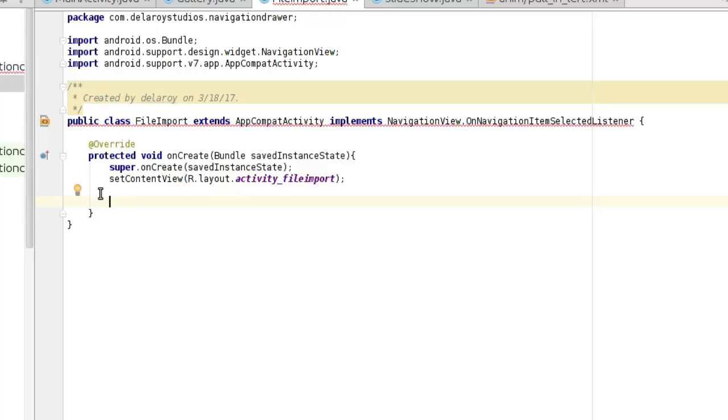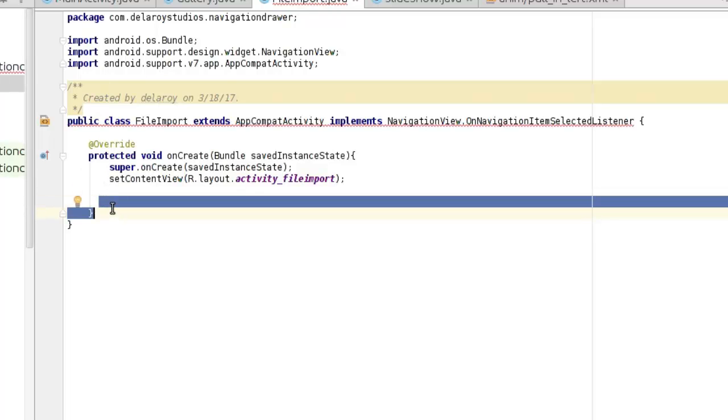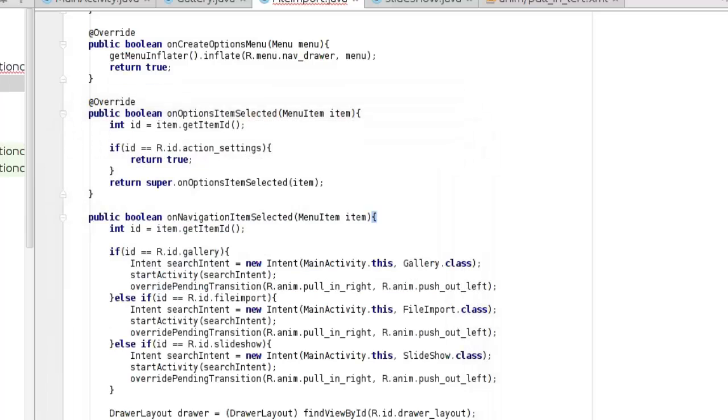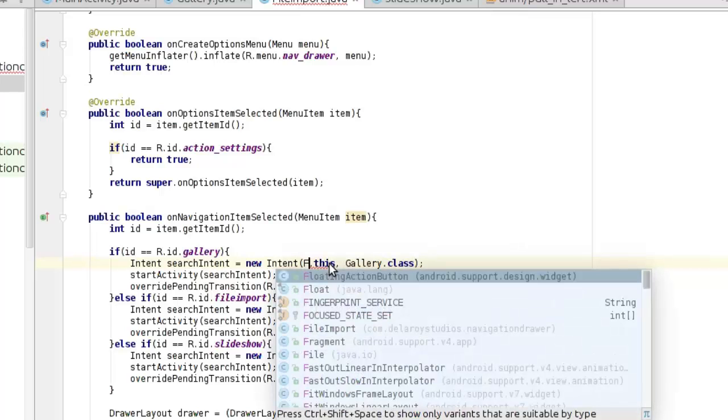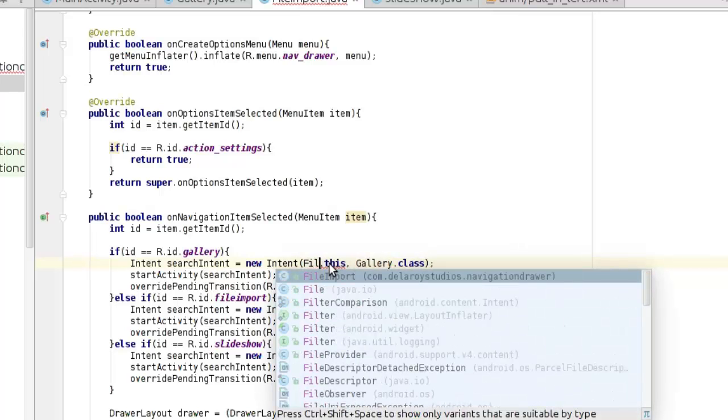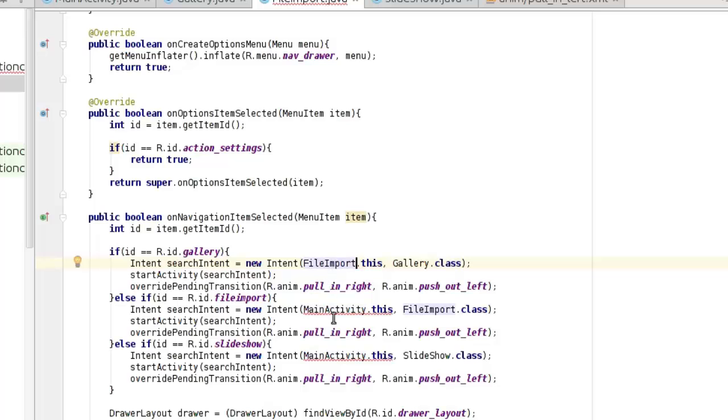Now you paste in what you got from the main activity. This time you're going to change here. Not the same thing you do for the other. This time it's going to be what? File import. So the last one, which is the slideshow,